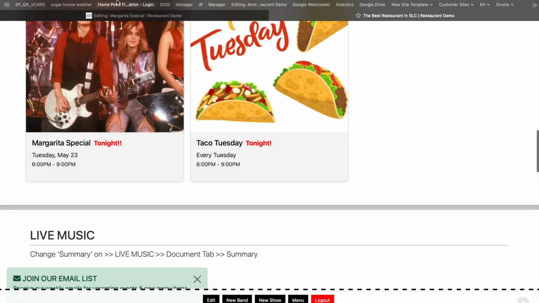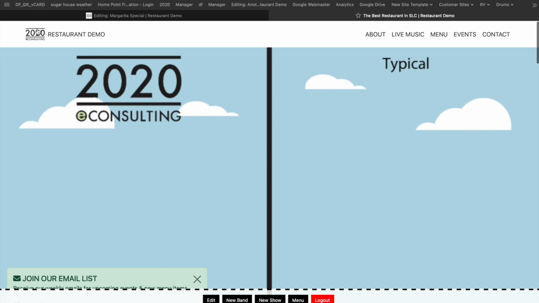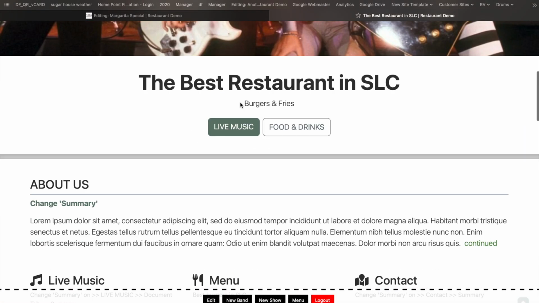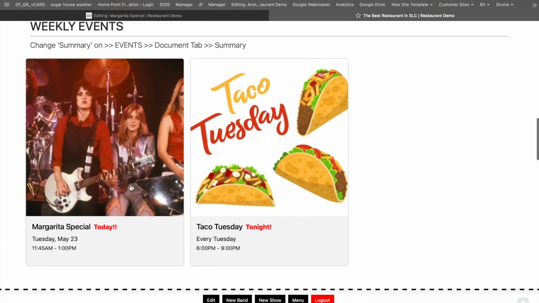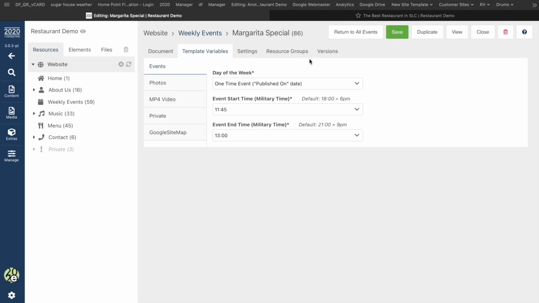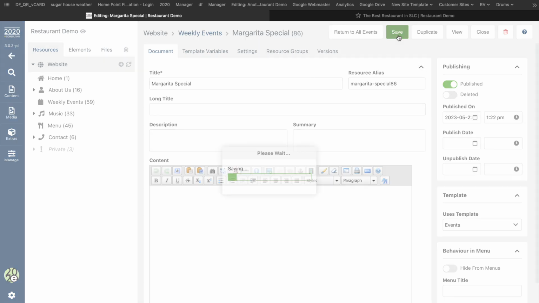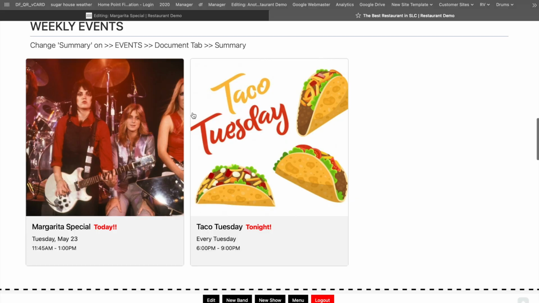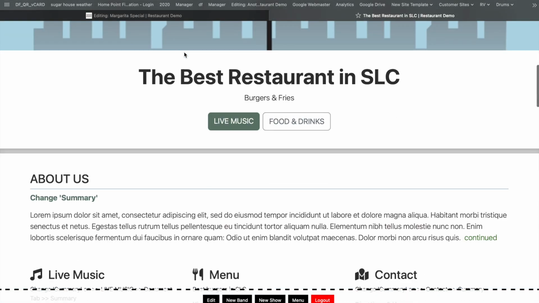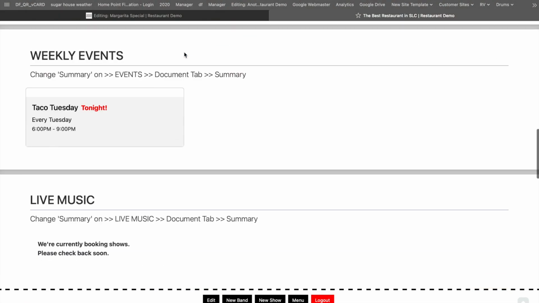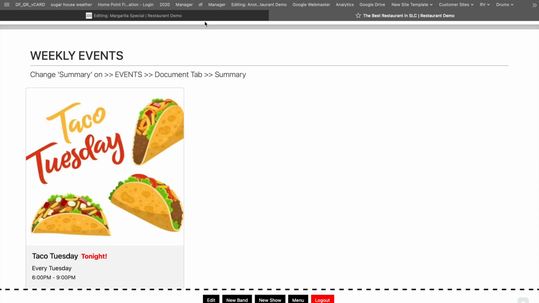If I hit refresh, see, it went from tonight to today because it's an earlier thing. So this is all automatic, these today and tonight bits. And once that event passes, let's say this was scheduled for yesterday, and we hit save. If I refresh here, then that one-time event goes away. And we just have this one now.